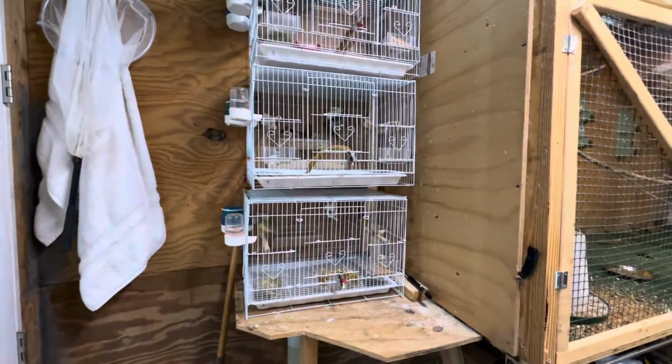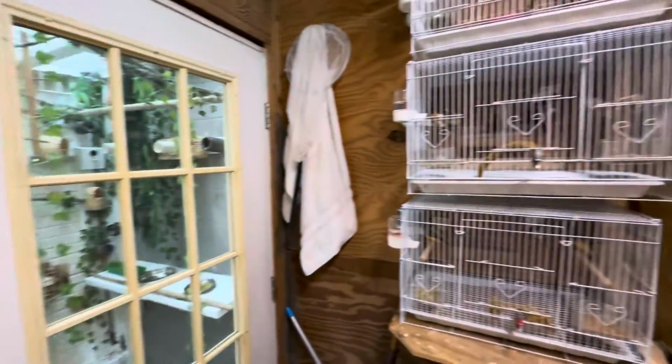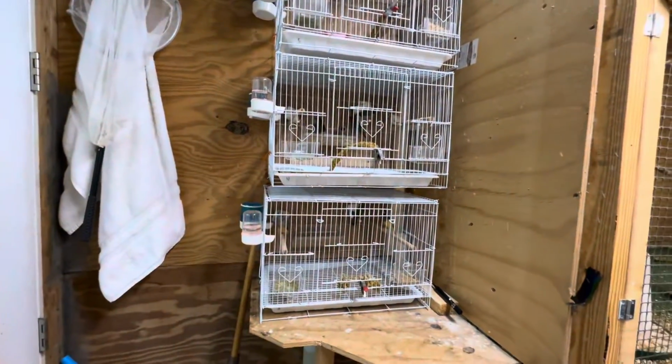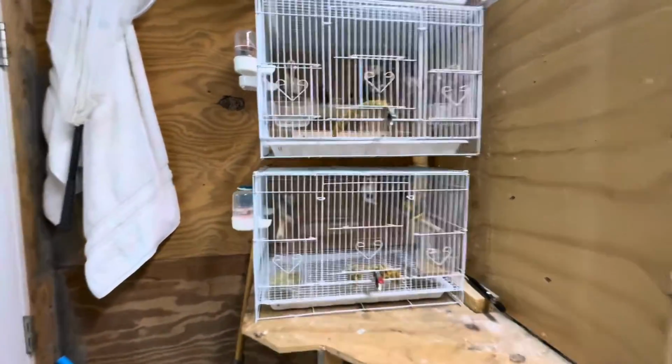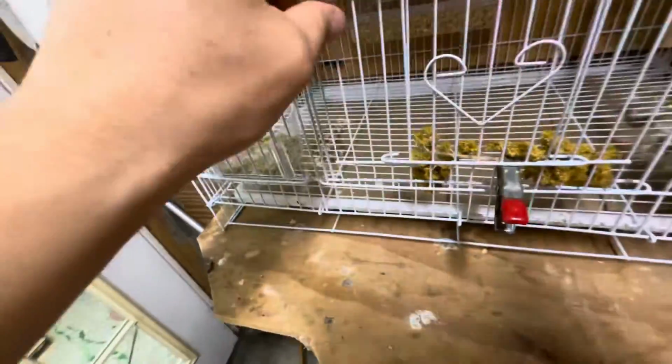They'll live here for a few weeks, and then all these birds will go into the big aviary. But for now, they're here, and it allows me to do a few things. One is to observe them, like we're doing now. Another thing, if you can see, I've got plain masking paper there, and I can look at their poop,